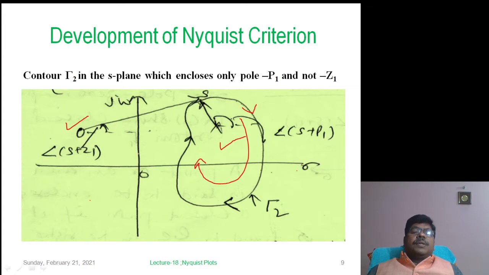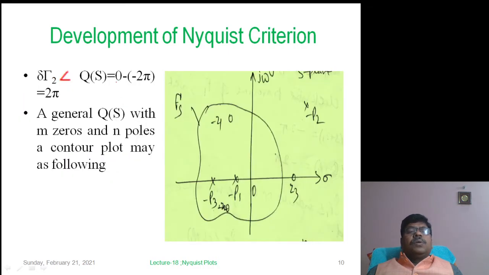So, what would be the net angle contributed by the transfer function in this case? Since this zero is not contributing any angle, the net angle would be 0 minus minus 2 pi, since the pole is contributing minus 2 pi. So, that angle is 2 pi. In general we can have a number of roots, and whatever roots lie to the right of this path, only those roots will be contributing the angle